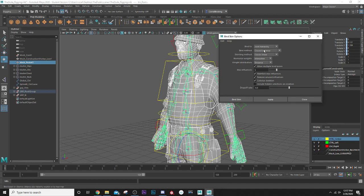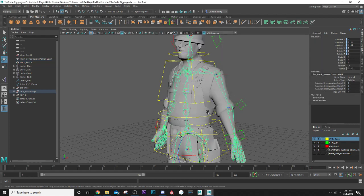So bind method is classic distance. That's what we want, classic linear. Interactive for normal weights, which means we can paint the weights on it. And then weight distribution is by distance, and the max influence is at 5. So that's all good. Falloff rate at 4. This is pretty much what we want. So I'm going to go ahead and hit bind skin,